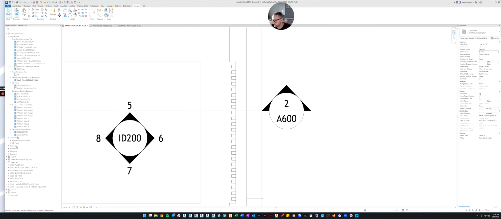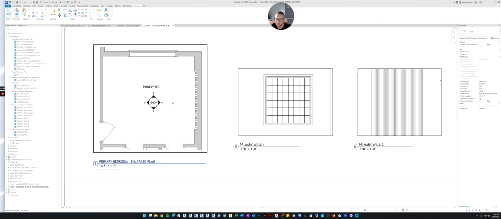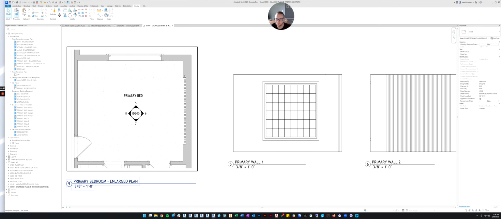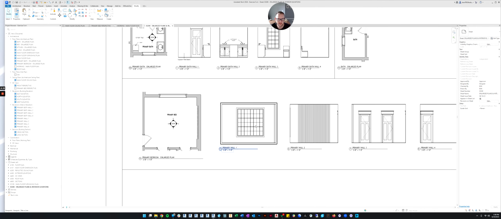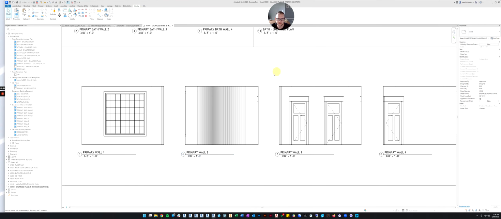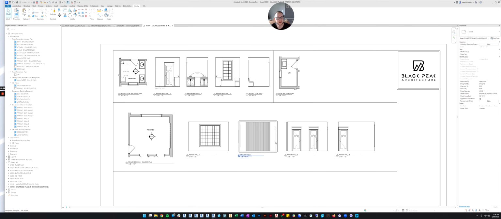And the cool thing is, if you go back to our enlarged plans and interior elevations, when you look in the primary bedroom, you now can see our bump outs and our slats, and you can even see them on the wall in this elevation. All right, so that is just a quick bonus tip if you want to do your own custom modeling or put in some extra design elements. You can build those into your model.